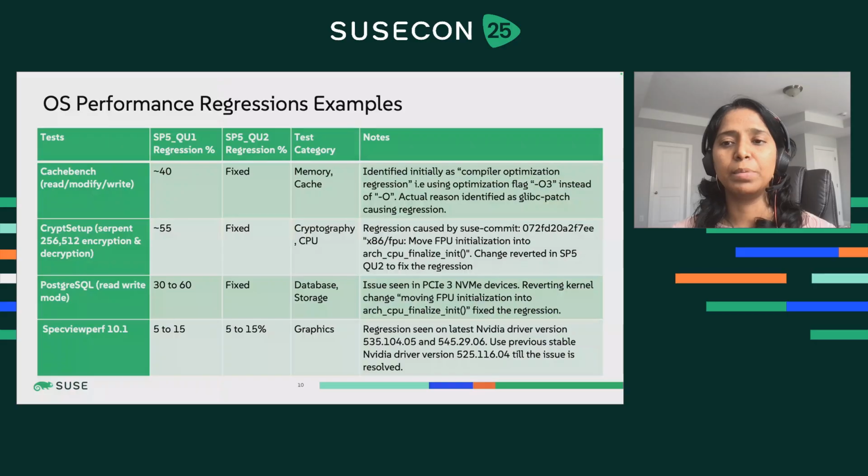This is another example of how regression details are tracked over SPQU releases at GEHC. We capture the details of the test, its category, regression percentages, and the reasons for the test regressions explained by SUSE. And we track to make sure these regressions are fixed in subsequent SPQU releases and also don't resurface in